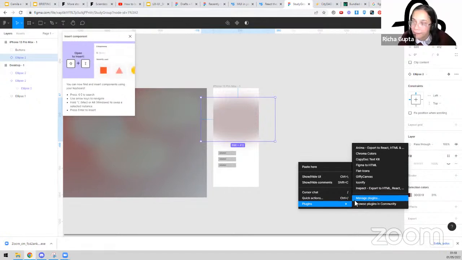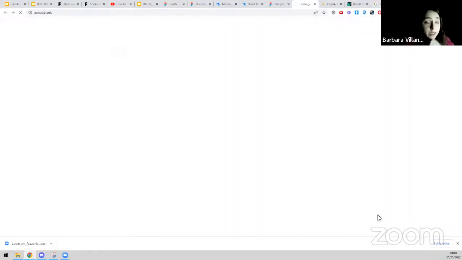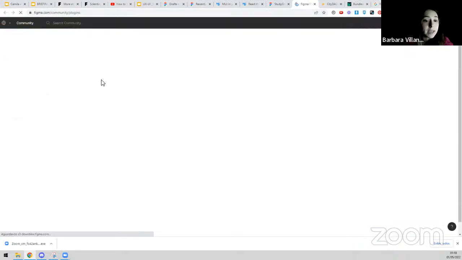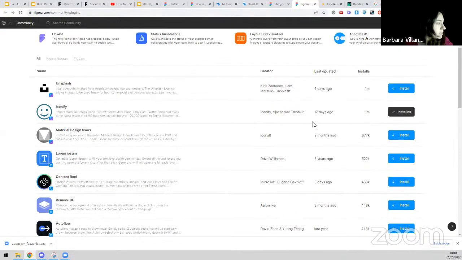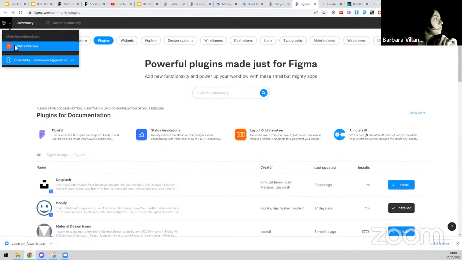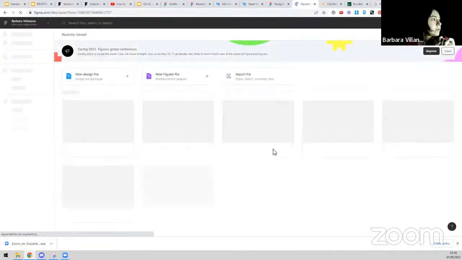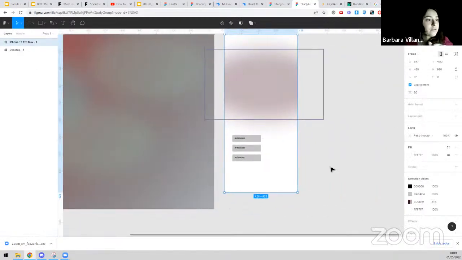Figma has a lot of plugins. If you go here with your right button and go under plugins, browse plugins in community, you can find many alternatives, but some of the good plugins are the icon plugins, which I'm going to show you here in a minute. One of them is Iconify or Flat Icon. I use them a lot for